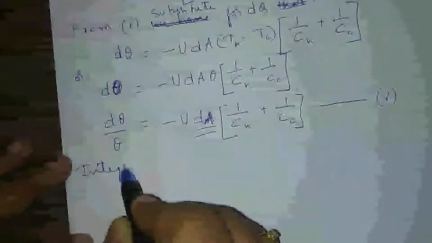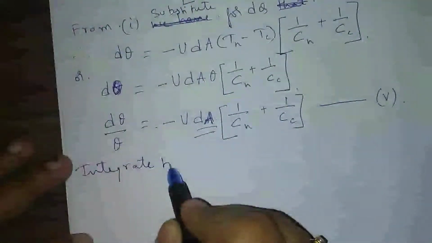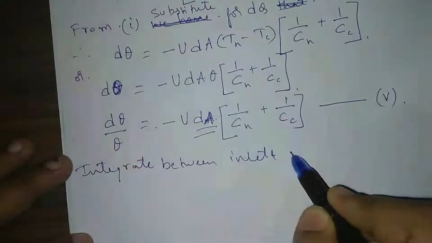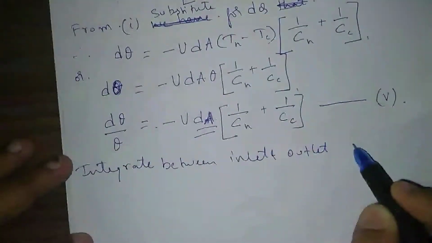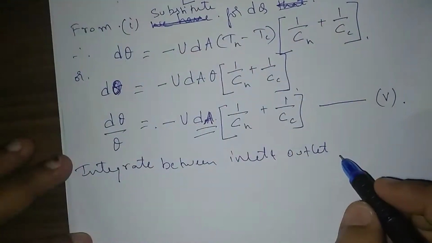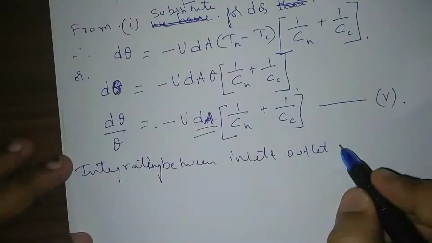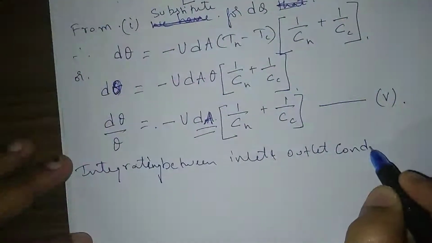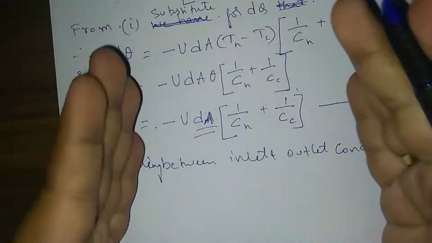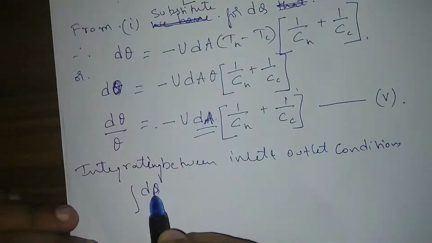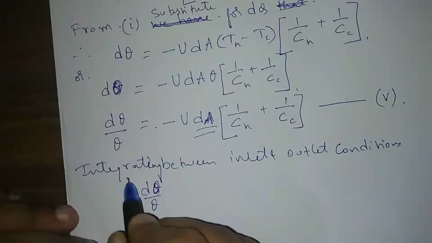So integrate between inlet and outlet conditions. Integrating between inlet and outlet conditions, so how do we do it? Now we have only applied for a small area. We need to do it for the elemental area. So integrating d theta by theta, that is from 1 to 2, is equal to minus U times